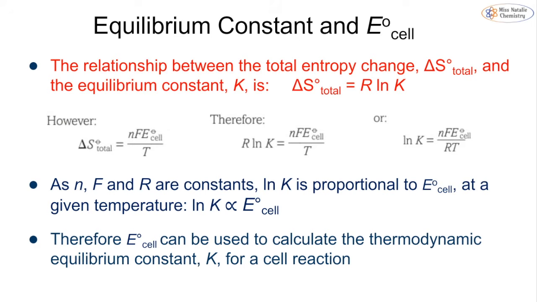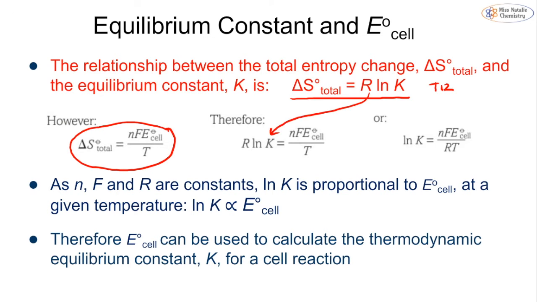We can also then make a link between the equilibrium constant and the EMF of the cell, because we already know that there's a link between total entropy and equilibrium constant. Again, we learned this back in topic 12. So if we take the previous equation that we just looked at, which is this one here, I've just rearranged it to make the total entropy the subject,